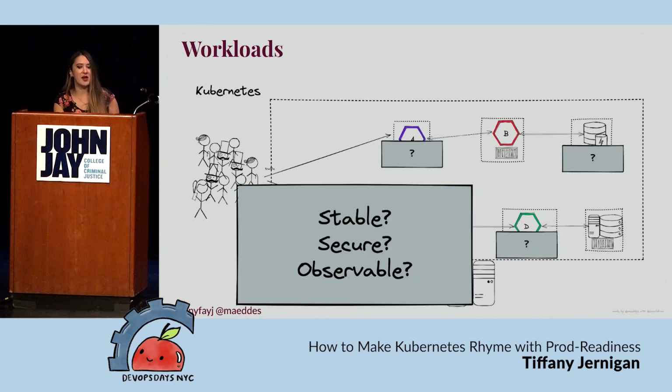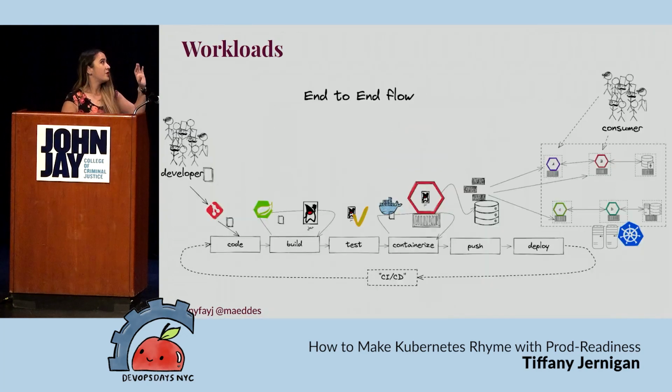So how do we go about covering some of those aspects? How do we ensure that things are stable? How do we ensure they're secure? How do we ensure that they're observable? So if we look over on the left side here, there's more of our cute little stick figures. Those are our developers. And then over on the right side, those little stick figures, those are the consumers, or basically whoever is using it. So the question is, how do we get from there over to the side over there?